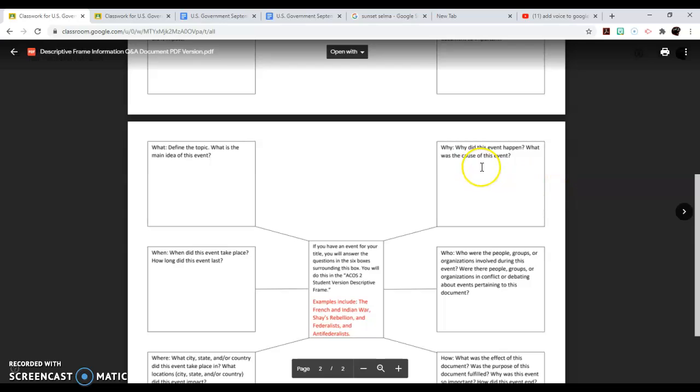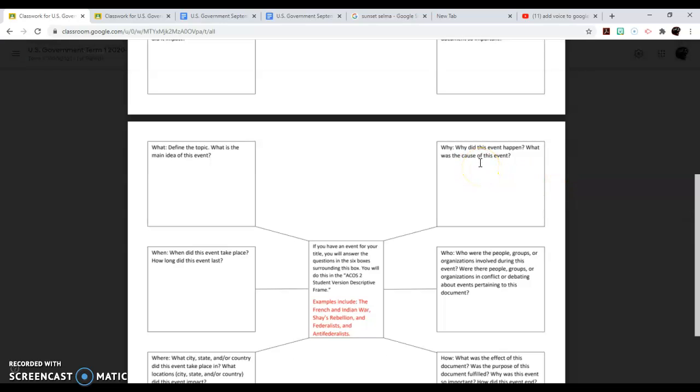Why was the French and Indian War or Shays Rebellion, or why were the Federalists and Anti-Federalists in debate, or what were they discussing? That's your cause. And then your who, of course, the individuals that were involved in the event or that were at the table of discussion with the Federalists and Anti-Federalists. Were there groups or people or organizations or countries that were at odds with each other?